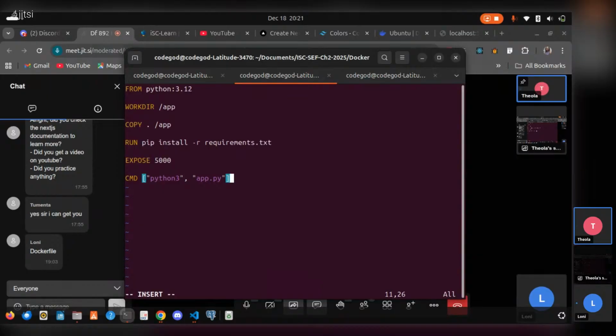So Python 3.12 is the base image of the program. Then work directory creates a folder called app where we're going to write our code, and then copy copies everything that is in your project from the source, which is dot, to app, which is the working directory that you had created. And then